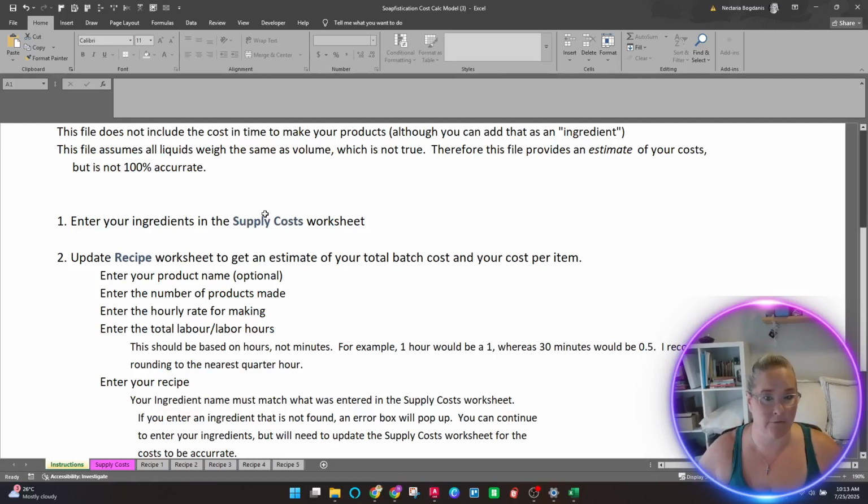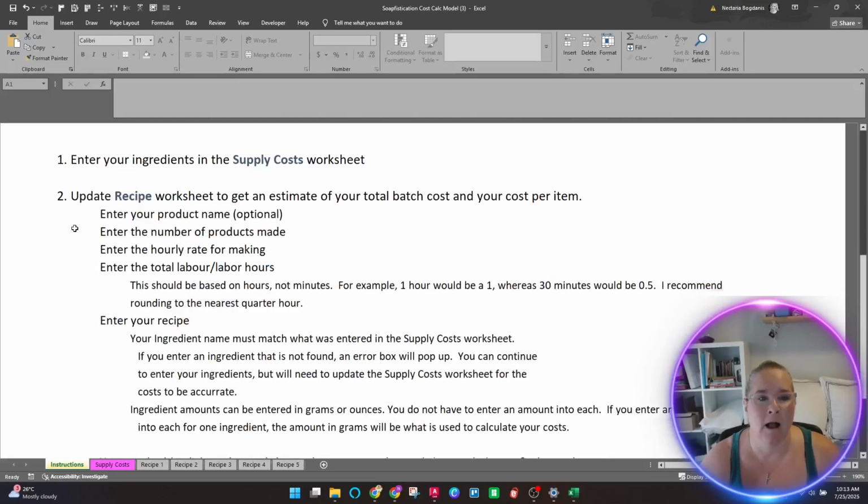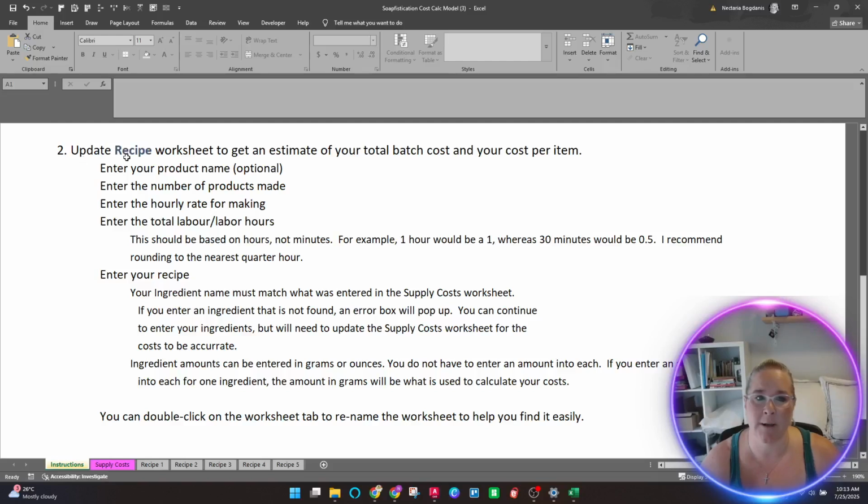You don't have to keep re-entering your costs for that. Step 2 is to update the recipe worksheet, and I have 5 within here. I'll chat about that in a moment. This talks about the things that you should be entering into here, and some comments about that. Again, I'll go into this as we go into those worksheets.